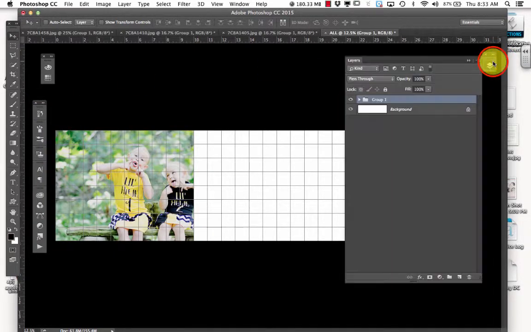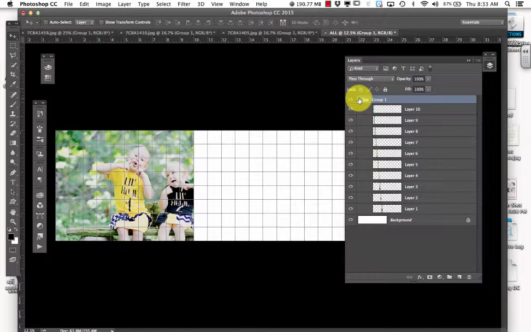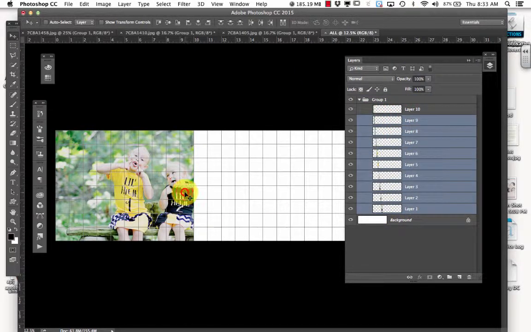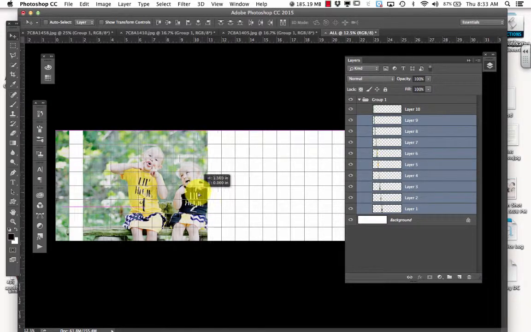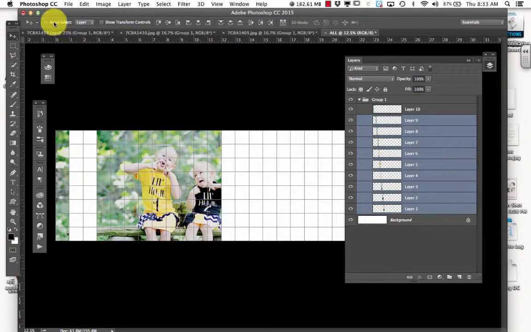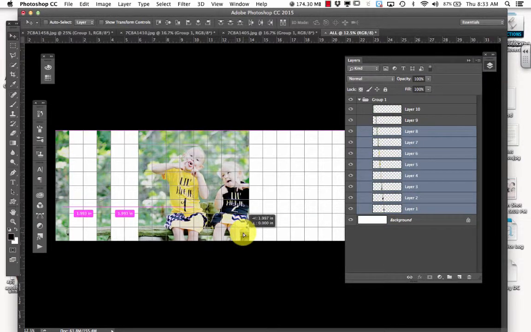And I want to make sure to open up my layers. So that's in my group. I am going to leave the first one here, and I'm going to click on layers 9 through 1, and I'm simply going to pull them over. Now it is super important that auto select layer is not checked. I repeat, not checked. Okay, then I'm going to do 8 through 1, move that over, leaving 2 spaces,